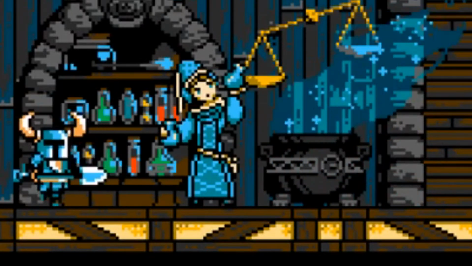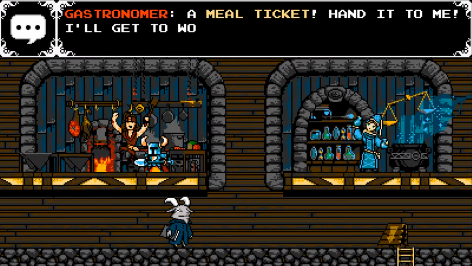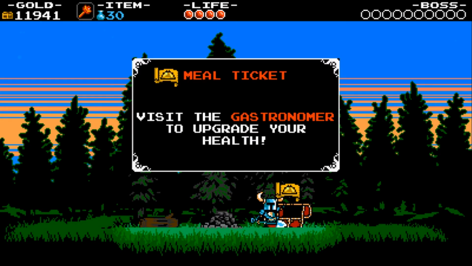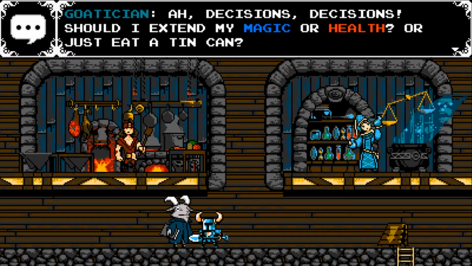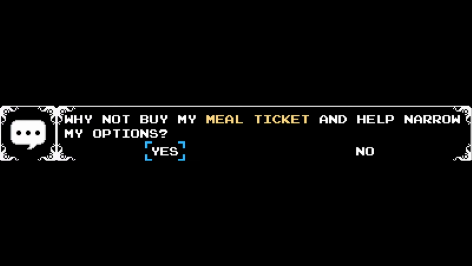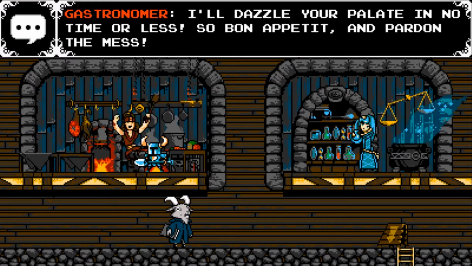You can upgrade your maximum magic via the blue dude over there, and you can increase your maximum HP via the gastronomer. For the latter, you'll need to exchange meal tickets for meals so delicious, they will increase your maximum HP. You can find them inside the red chest after completing a certain amount of stages, or you can buy them from this goat-looking person who apparently can't decide whether you buy more magic or have a delicious meal. Thusly, he decides to shorten his choices by selling you his meal tickets? I mean, instead of narrowing his choices, you could simply just buy both of them since he has the meal tickets already, so...